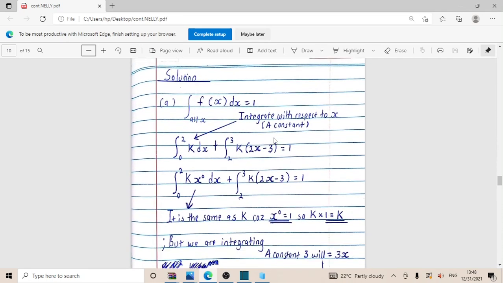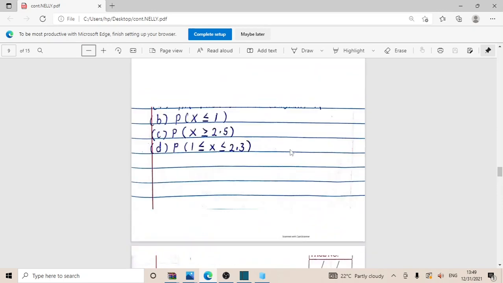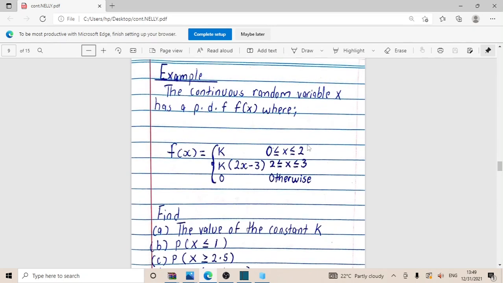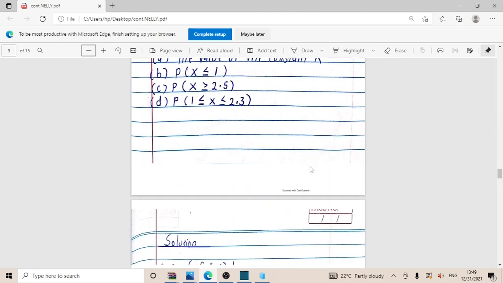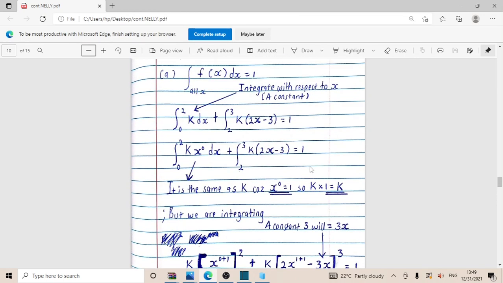So here is what I do: the k plus the k brackets 2x minus 3, and then I apply the limits to them. For the first k, it was 0 up to 2, and for the second k, it was from 2 to 3, which is going to equal 1. So this is what I have done here. These were their limits, and these were the limits, so I was having two limits there. After doing that, I will now start